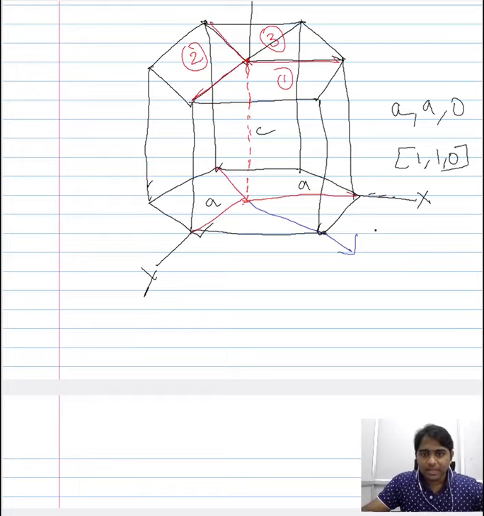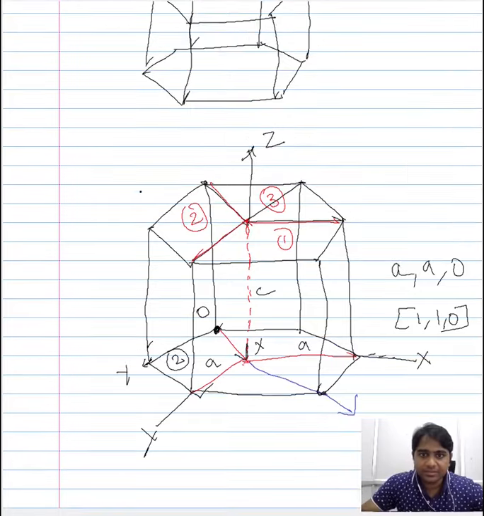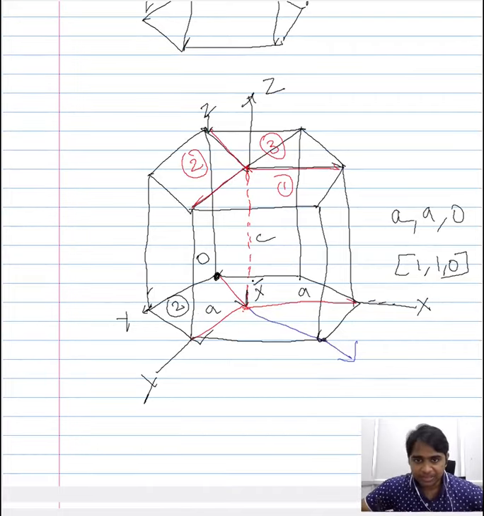Now when you consider this particular direction for the second unit cell, whose origin is here, so the origin of the second unit cell is O, and you want to plot this direction, then this direction will be this one here. For this origin, the frame of reference would be x, y and z for the second unit cell. So let us just differentiate it with a bar.